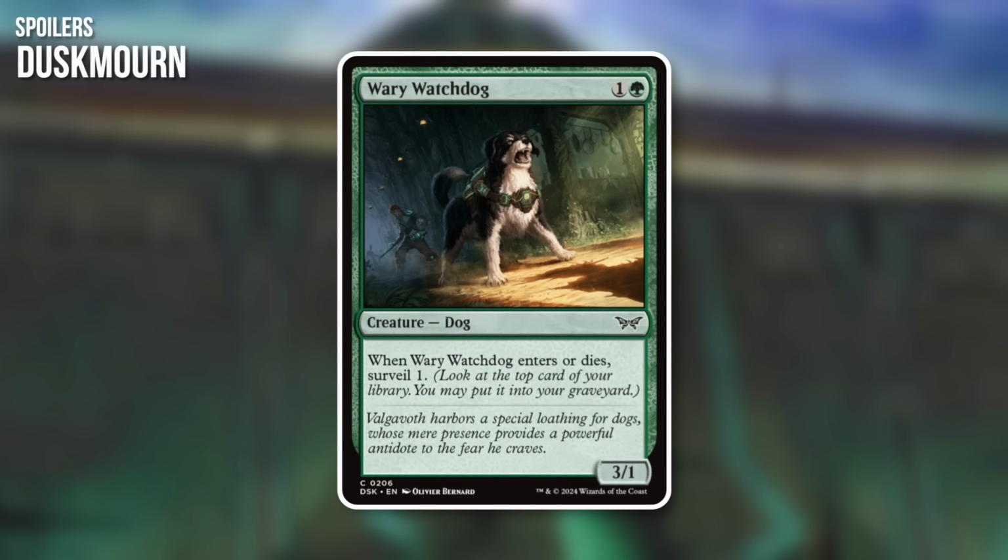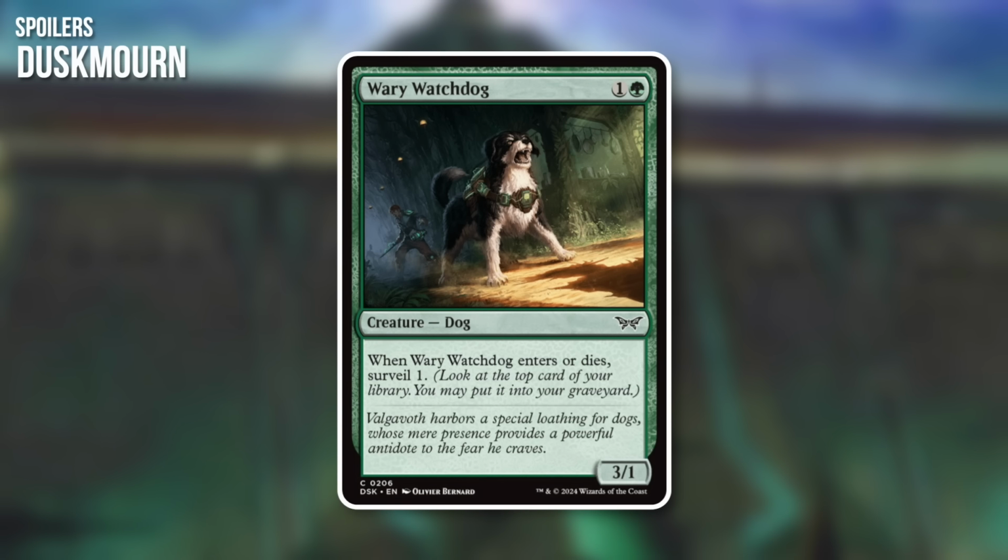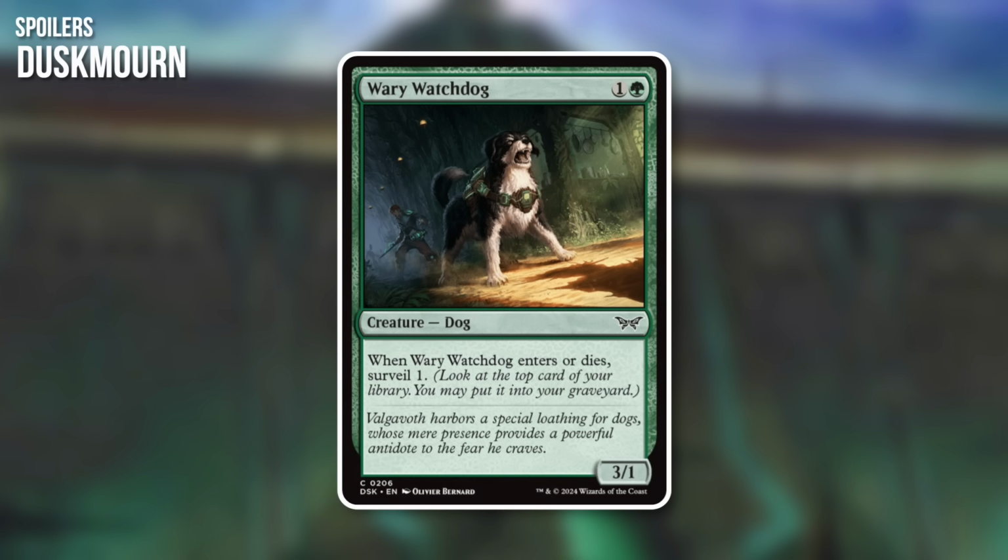Thank you so much. Moving on, Weary Watchdog. Oh, hi, what a cute puppy. 3/1 dog for 2 mana in green. When it enters or dies, surveil 1. So this is kind of like a play off of that elf that costs 2 and draws you 1 when it ETBs, and there are a lot of other plays off that, like Spirit of the Companion. But this one is going to be surveil, which is not card advantage, but it is card selection,